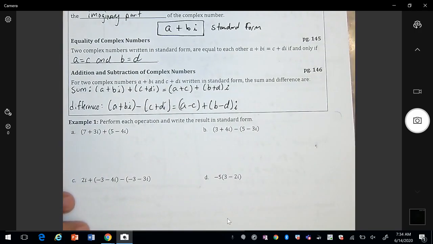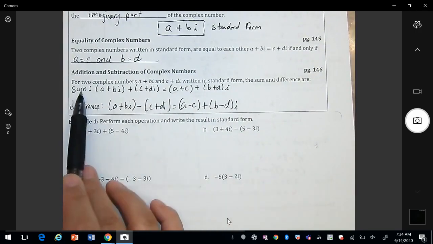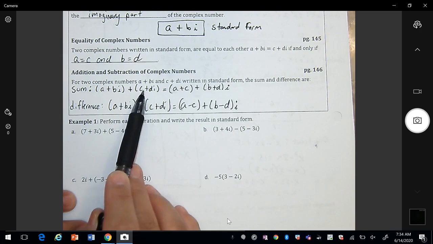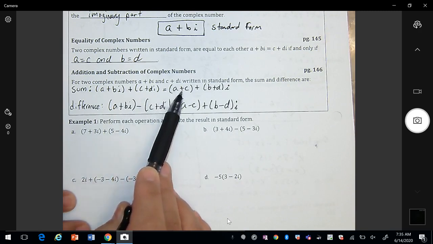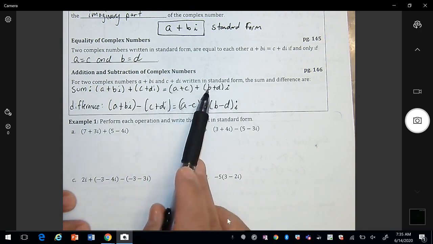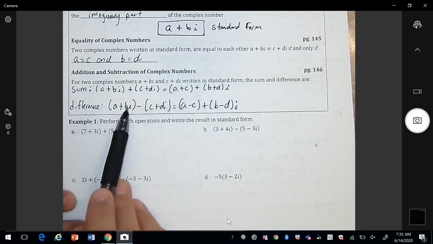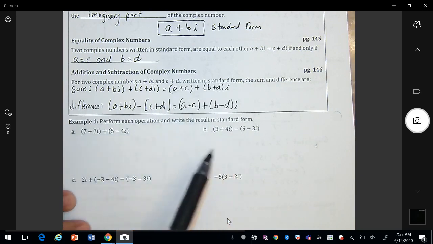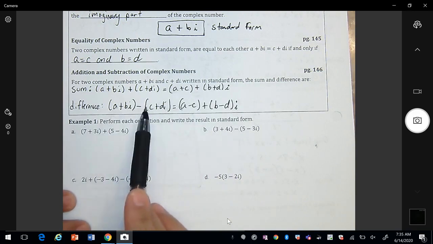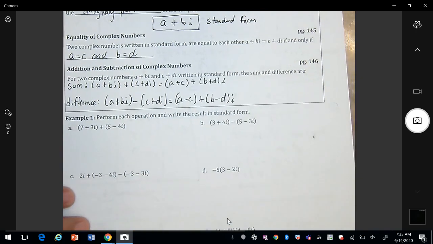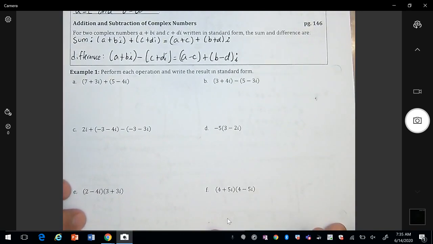If you want to add or subtract complex numbers, for the sum, if we have a complex number a plus bi plus another complex number c plus di, then we add the real parts a plus c, and then we add the imaginary parts. And the same with the difference, except we're subtracting. So here we would have a minus c and b minus d. So for example,